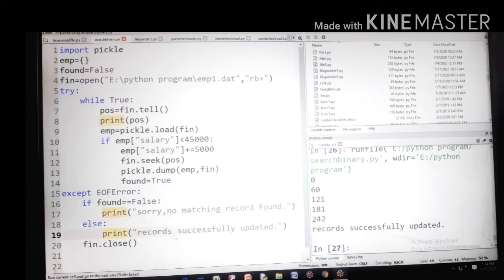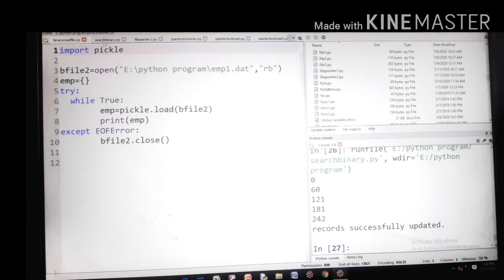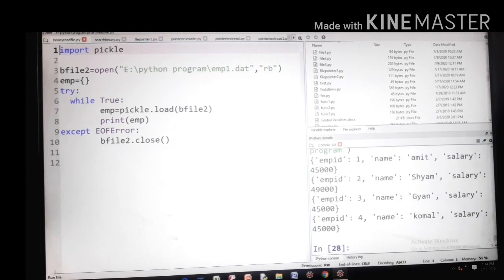Now again we run it on the binary file and execute. This is the information. The employee whose salary is 40,000 automatically had 5,000 added, that is 45,000. Okay, so that is the program.